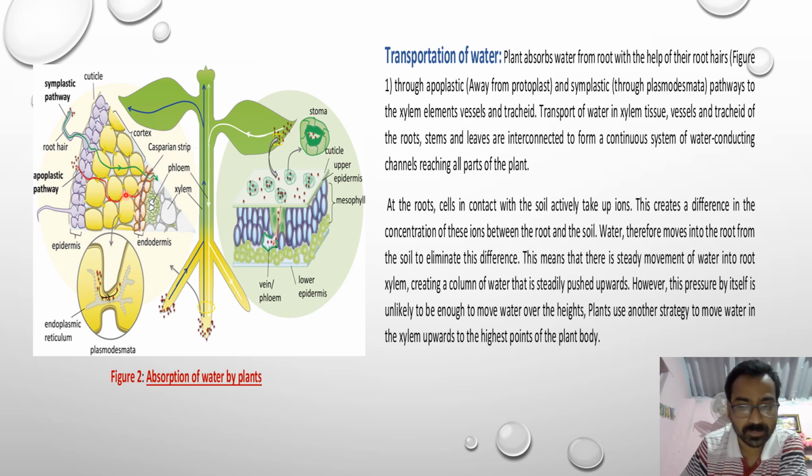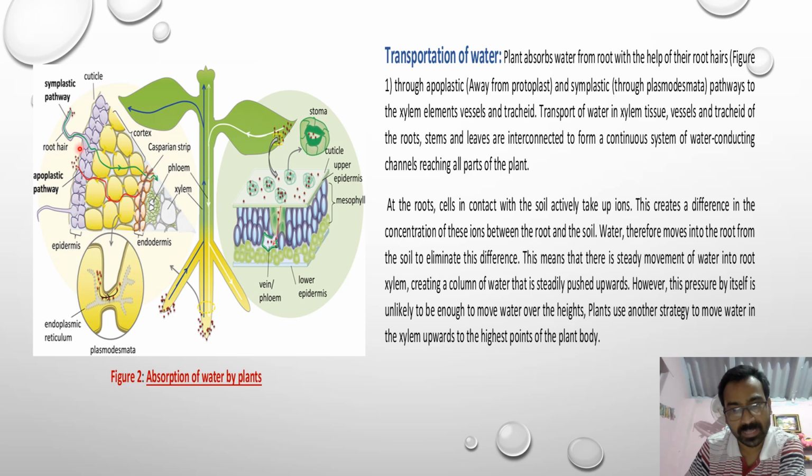So just focus on this part of the plant, that is the root part of the plant. If we talk about the transportation of water, it can be divided into two parts. First part is the absorption of water, and second part is the conduction of water. So let us begin with the absorption of water. Absorption of water in the plant is very interesting, because the transfer of water from soil to the xylem of the root is not taking place automatically.